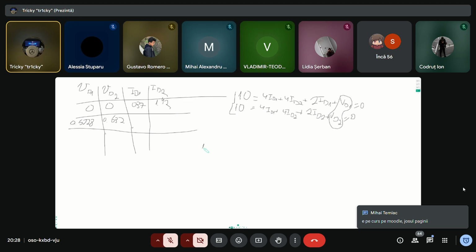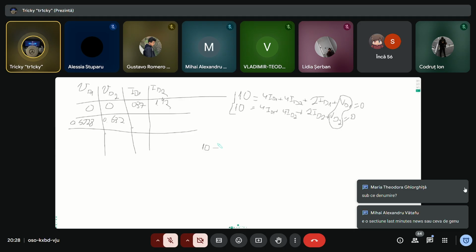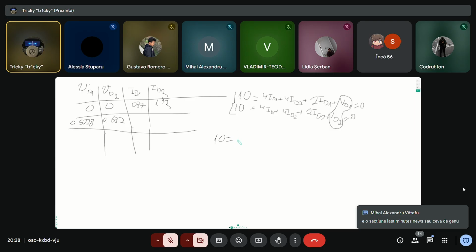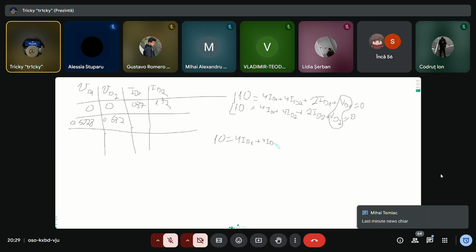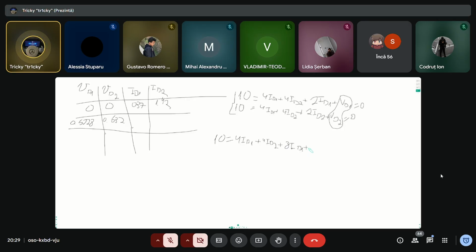So 10 is equal to, actually we can take the, no we can't. So 10 is equal to 4 ID1 plus 4 ID2 plus 8 ID1 plus what's this? Oh, actually,